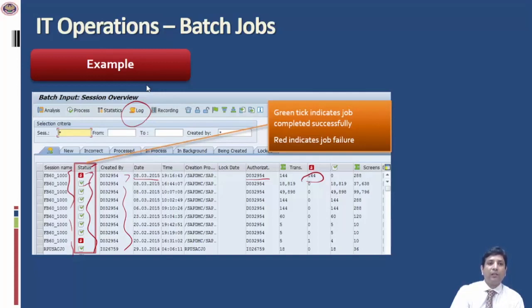We need to obtain evidence similar to the screenshot for the purpose of our audit to get assurance that batch jobs are being run successfully, and in case there are errors, the errors are being handled in a controlled manner. That would provide us with the assurance on the completeness and accuracy of financial data within the IT systems. Looking at the user ID also provides us the comfort or the assurance that the transactions have been initiated by the right people and the validity can be assured.